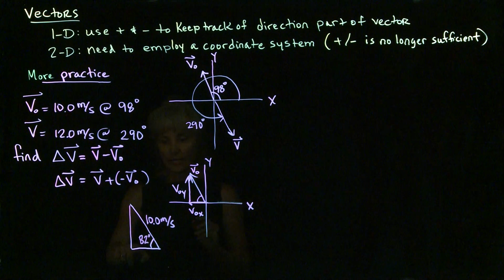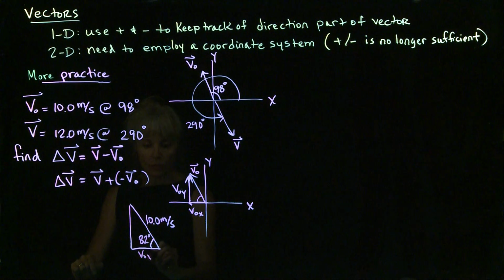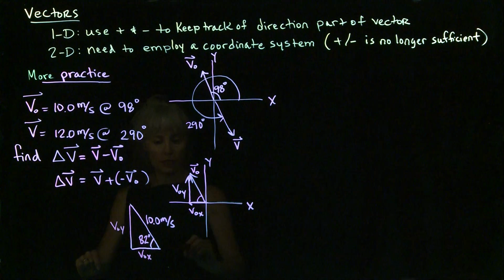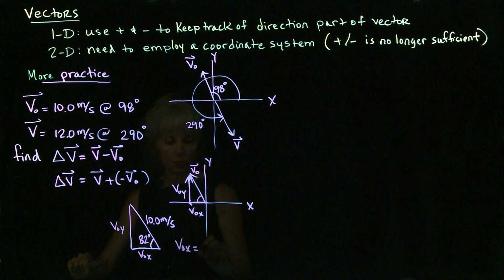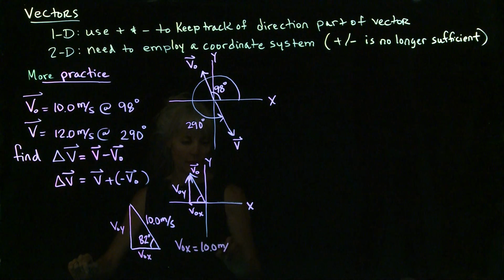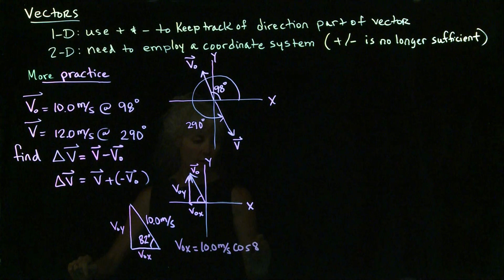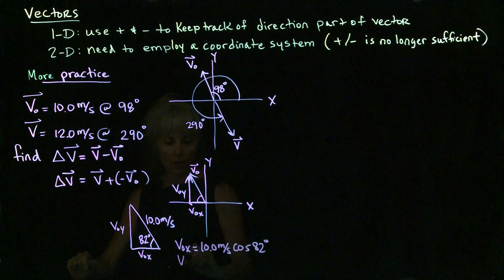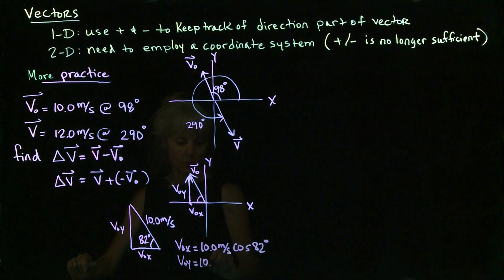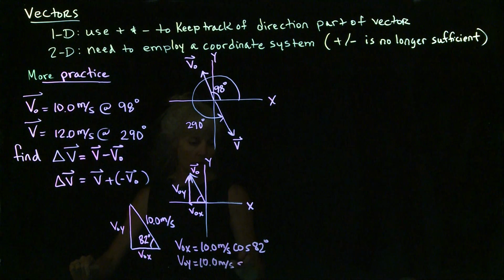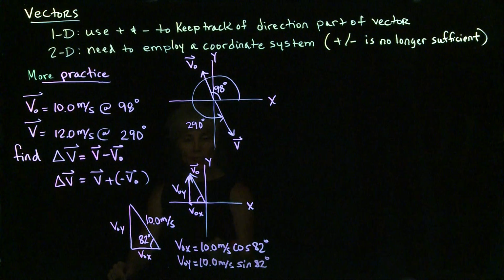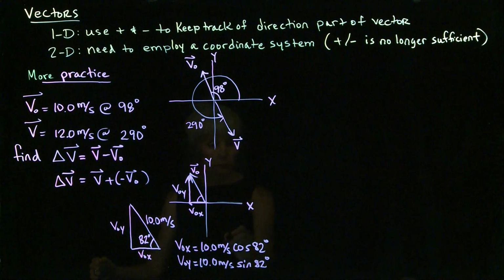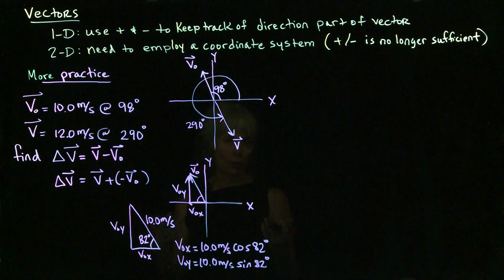So notice that I can get v naught x and v naught y by using sine and cosine. So v naught x is going to be equal to v naught, which is 10 meters per second, times the cosine of 82 degrees. And v naught y is going to be equal to 10 meters per second, the hypotenuse, times the sine of 82 degrees. So using these two forms, I'm able to now get the component form of vector v naught. These are just some numbers, and I don't have my calculator,